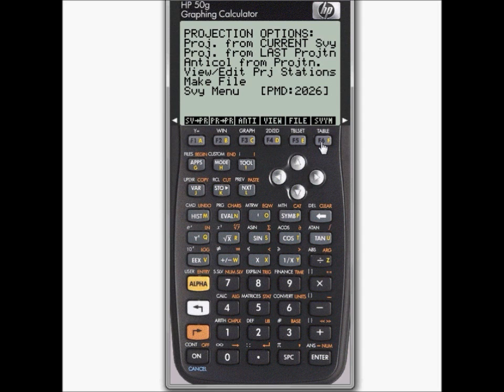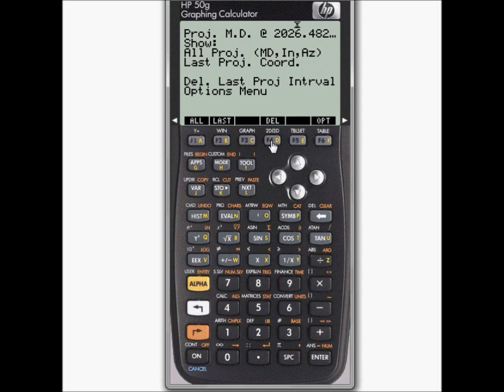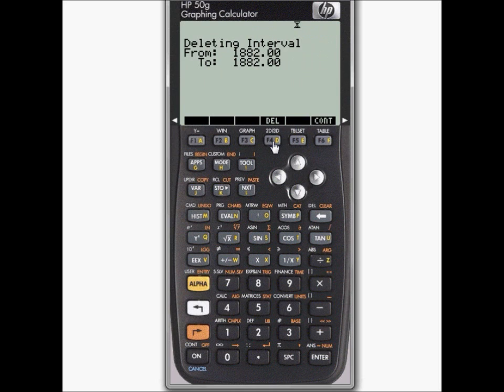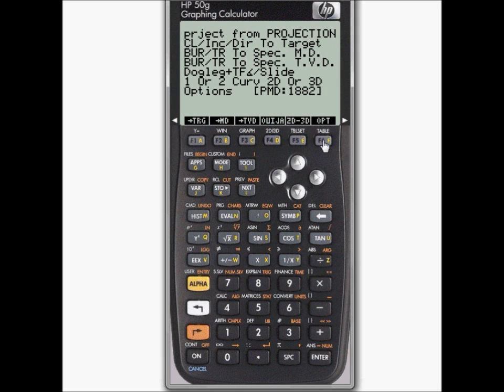Okay, so to do that, first of all, I have to get back to the bottom of the hole. So I will go get back to this screen which shows it all, and here you have this delete button, and this delete button deletes one station at a time from the bottom of the projection. So here I am at 1882, 66.98, and 70.15, bottom of the hole. So I continue from here,